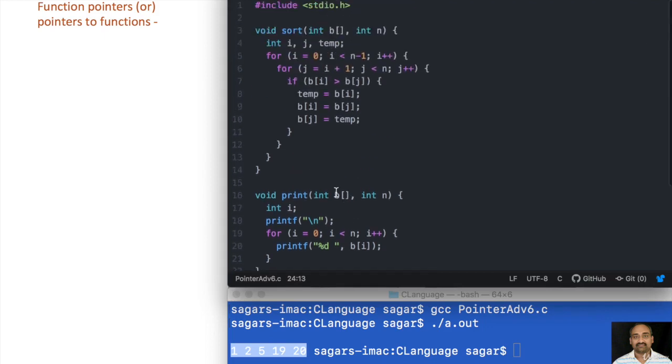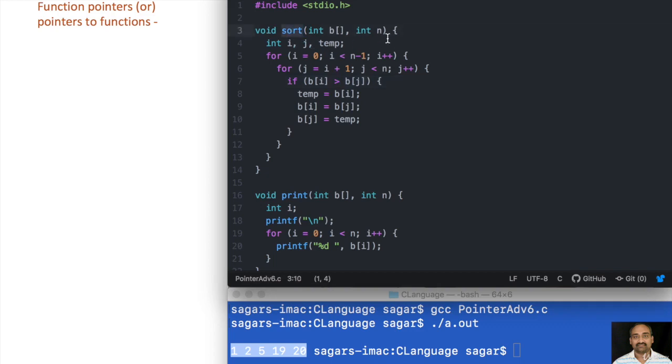Now when we are writing the sort logic like this, it is applicable for only one way of sorting, so only for ascending order sort. Now if I want to make it a descending order sort, I have to make it less than. Now if I want to use it both ways, what should I do? Now this is how it is.